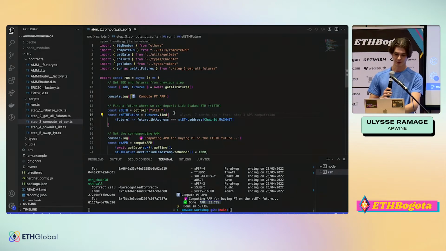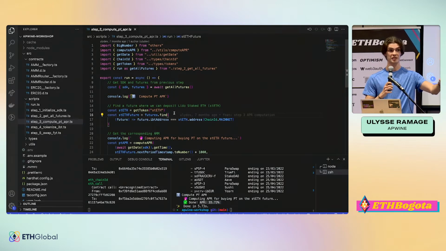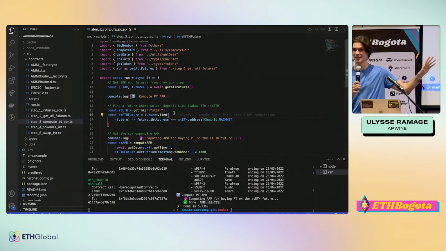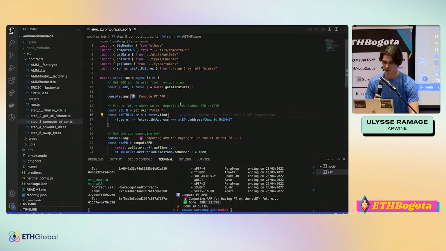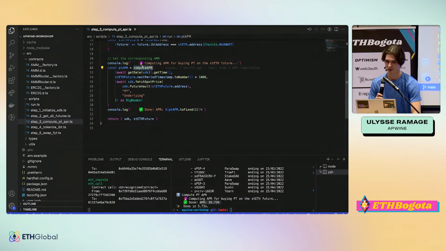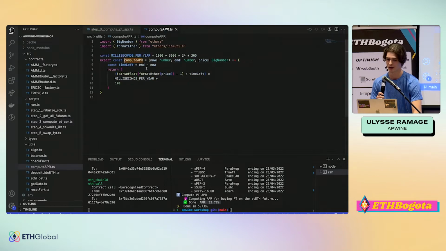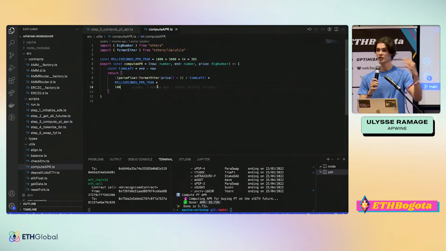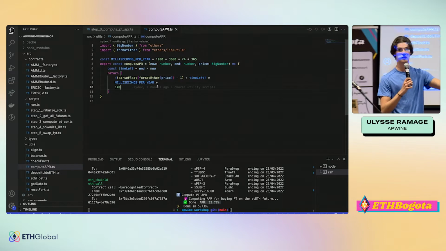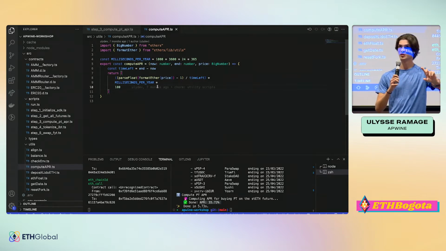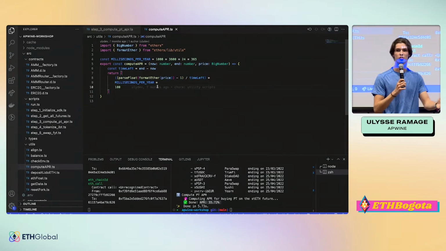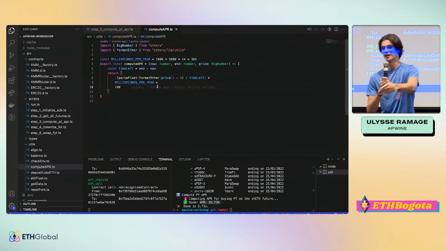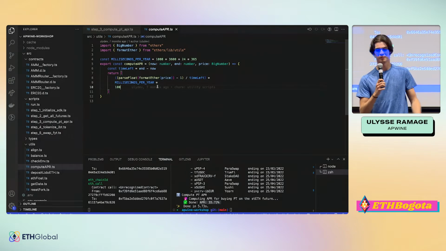So essentially at this time, you could get 35% by just buying PT. And this is a fixed rate. So you're guaranteed, hacks aside, that you're gonna get your APR. So how do we do this? We just do compute APR. So this is a helper utility method that, according to a price and an expiration date, you can compute how much percentage this is going to give you. So for example, if you're getting 1% on 1 month, it means you're getting 12% per year. Very simple. This is what it does.